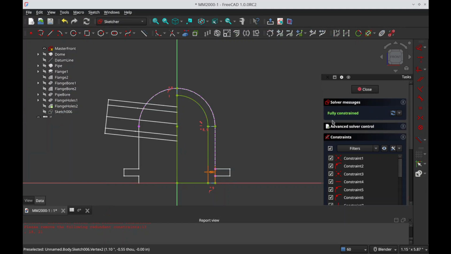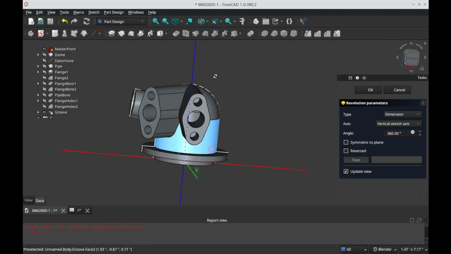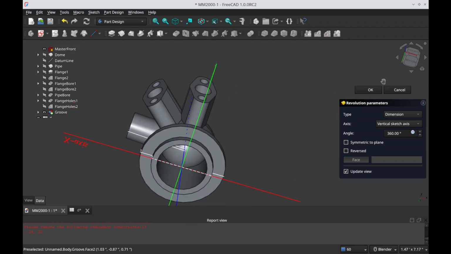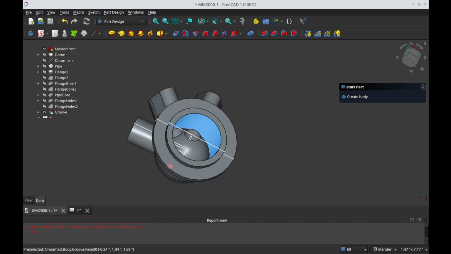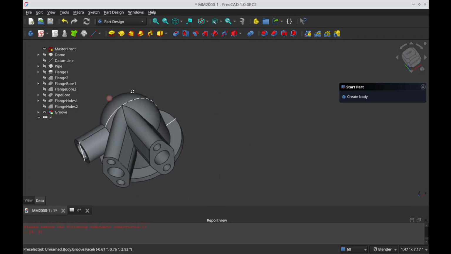Let's delete the redundant constraints and groove. Alright, satisfied. So everything's looking good now. Alright, now like I was saying,